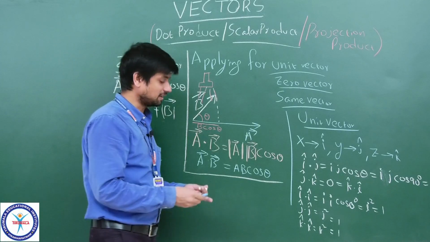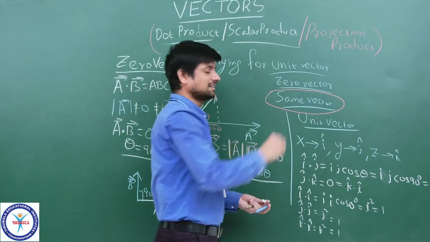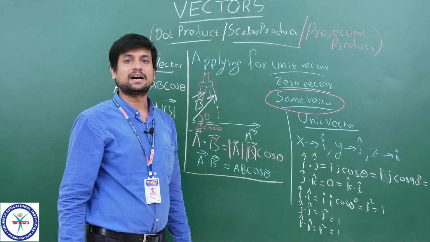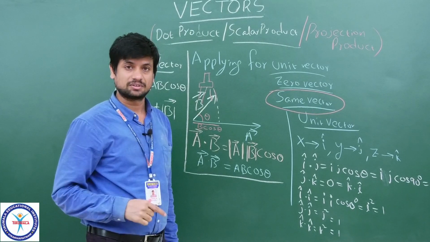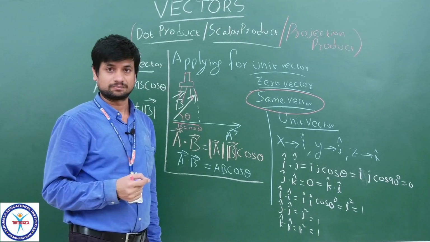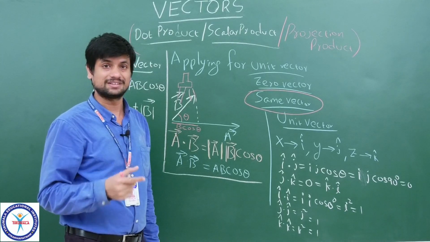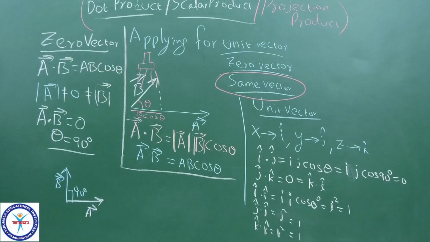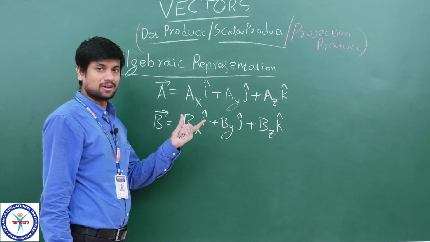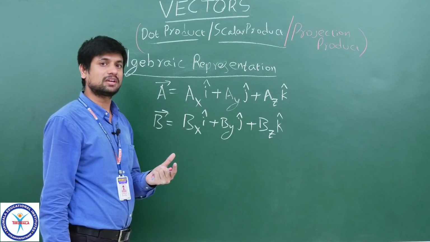Now the important case, the same vector. What is that? Same vector means the vector itself does the dot product with itself, right? So if it does like that, what will be the solution? And from that one, what will we come to know? Okay, these things will be discussed now. See, children, we are going to calculate the dot product on the same vector, but before that you need to know how that will be evolved.